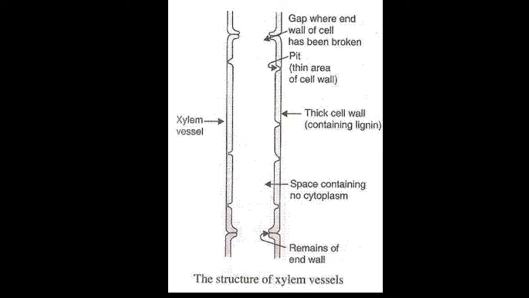Xylem vessels run from the root to the upper part of the plant, right up the stem, and reach the leaves. Xylem vessels do not contain cytoplasm and nuclei because they are dead cells, and the walls of xylem vessels are made up of cellulose and lignin. One MCQ question is here: which substances are xylem vessels made of? We have to write cellulose and lignin, because lignin is very hard and helps the plant stay straight up, providing mechanical support. So xylem vessels also provide strength to the stem and help keep the plant upright.